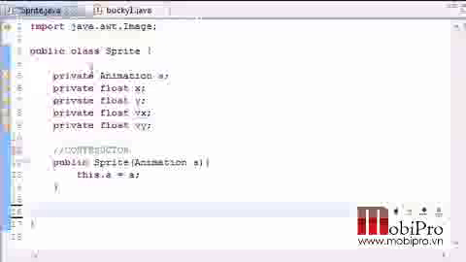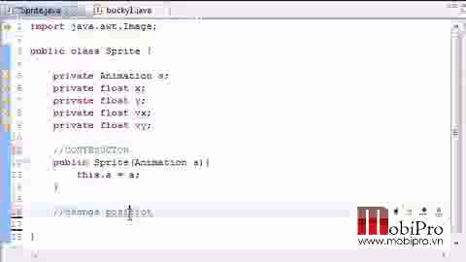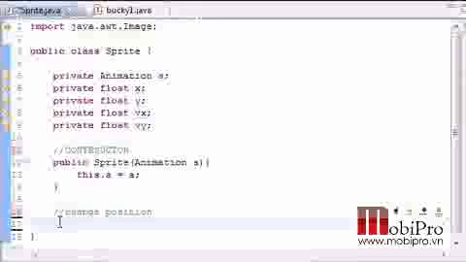It's not just a single object, or excuse me, a single image that chills in one place on your screen the whole time. It's an image that moves around your screen. So in order for your image to move around, you need to change the positioning of it. So let's go ahead and put change position, and make sure you spell that like that. And we'll name this public void update,